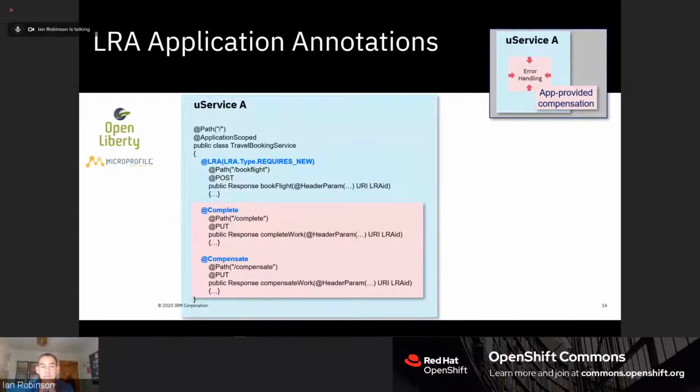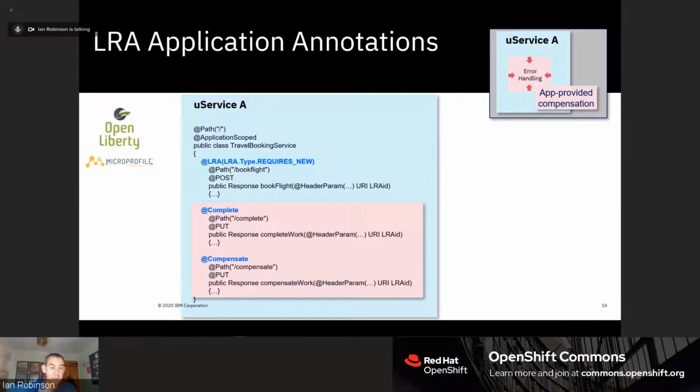What LRA long-running actions actually provides is, again, focused very much on making that red box as small as possible in your application, to make the error handling for more complex transaction models as easy as possible. So here is an example of microservice A. There are really only 3 things that need to be observed here.